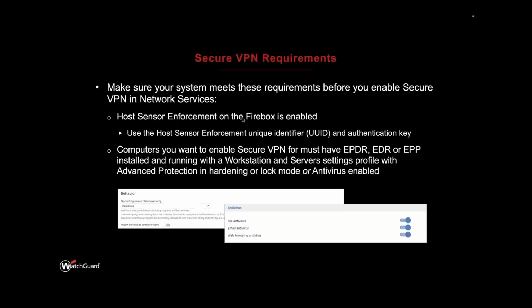You do not necessarily need to have TDR for this feature to work. You can just use a third-party account UID generator and an authentication key. Of course, we recommend it to be complex. We just need to pair and make it match with what you configure in the Firebox for the feature to work. So you will not be able to connect if either the antivirus or the advanced protection features are disabled, whether they are disabled by configuration or because there's an error status coming from